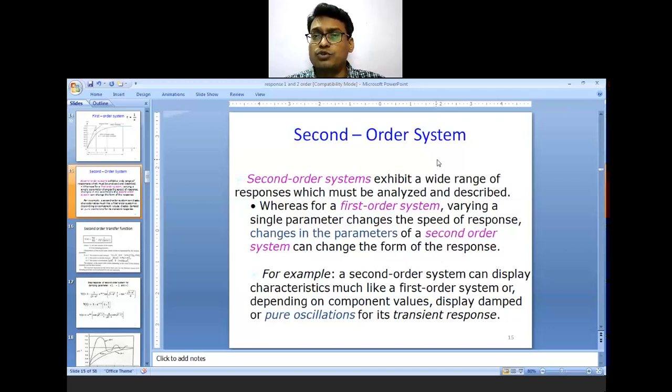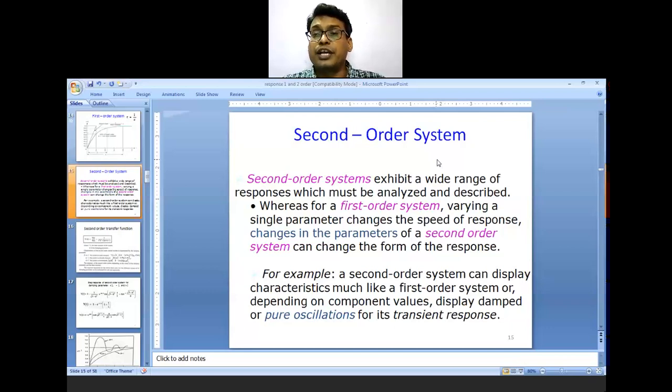Now today we are going to discuss the response of the second order system for these different forcing functions. Now the second order system exhibits a wide range of response. This is something new in this case. That is the wide range of response, and that must be analyzed and understood. However, for the first order systems, it is dependent on only the single parameter,